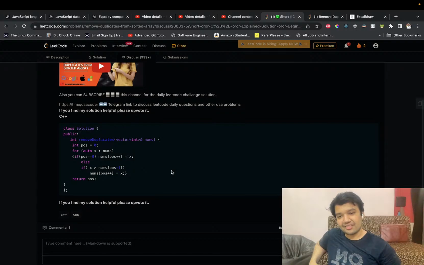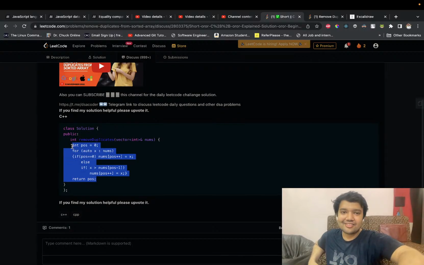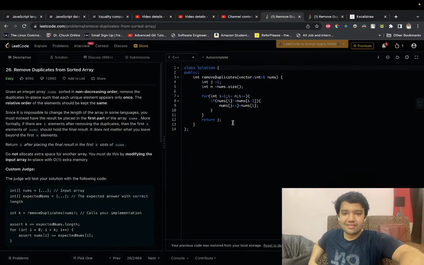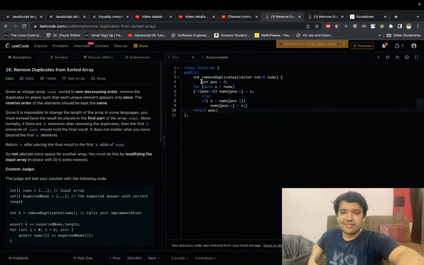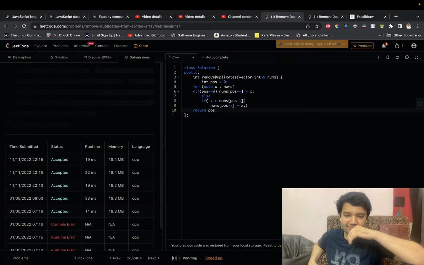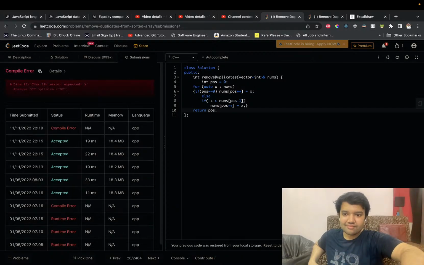It won't save time as much, but it will definitely save space, and that's also very much required. Let's see now. This is an interesting solution. How much does it take? And it gives a compiler